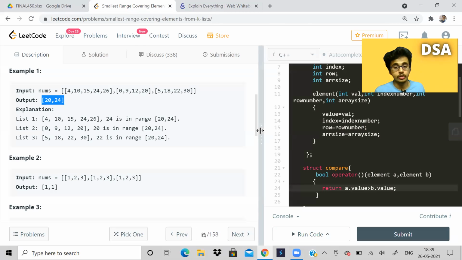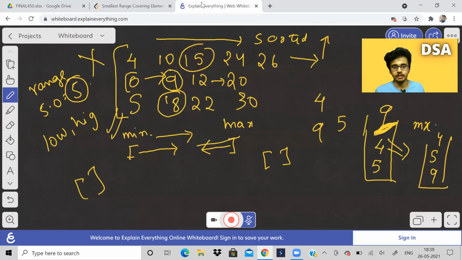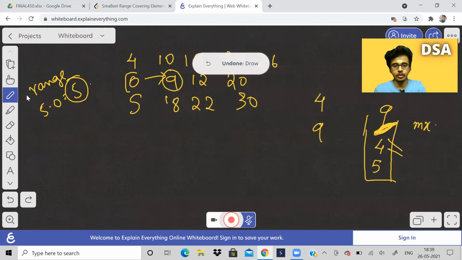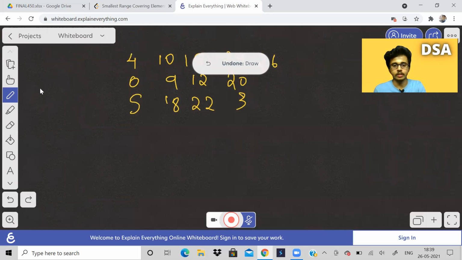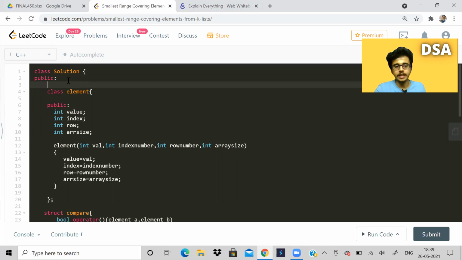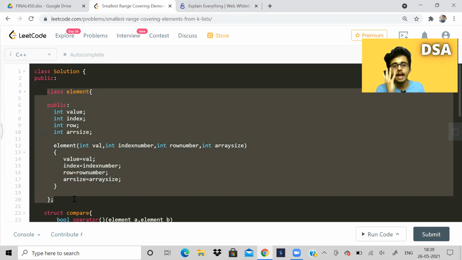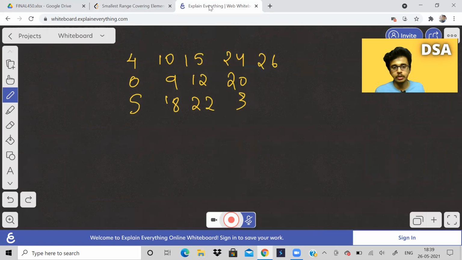So now I will show you the code. So be ready to see the code. What is the code going to look like? So I think I have to erase all of this to explain the code part. Okay. So again, I'm taking an element, because each and every array value has 4 attributes. What are the 4 attributes? First attribute of any element is the value. For example, let me consider this element 10. 10 has a value equal to 10.